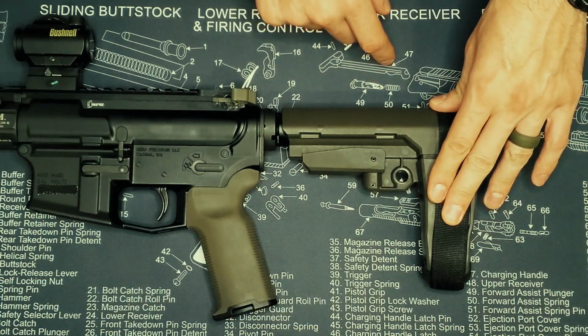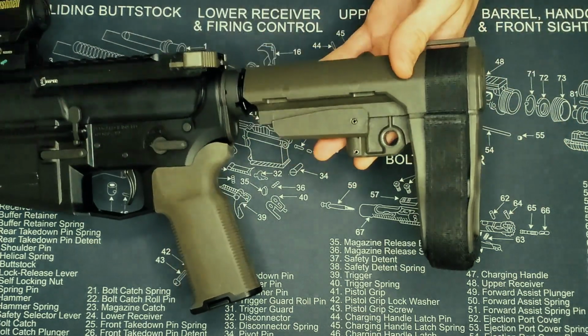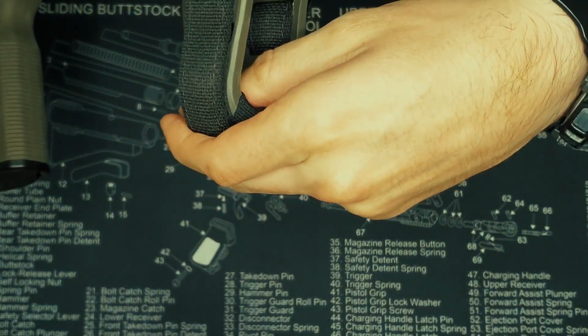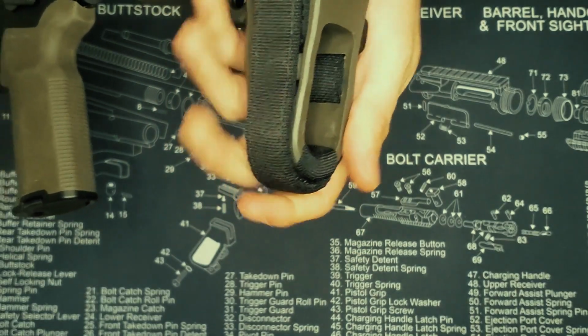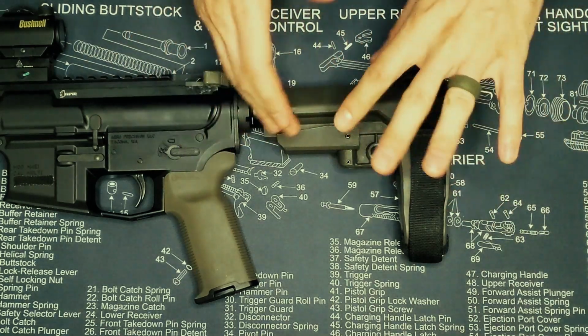This replaces your regular strap that goes on the pistol, and if you look, you can see that there's a little section right here that covers this split and makes it so it doesn't move around too much on you. It makes it a lot more stable for stabilization, of course. So that's pretty rad, and I like the black and OD green